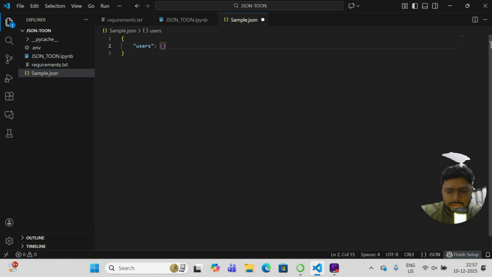I am adding id equal to 1, name equal to Avinash Kumar,